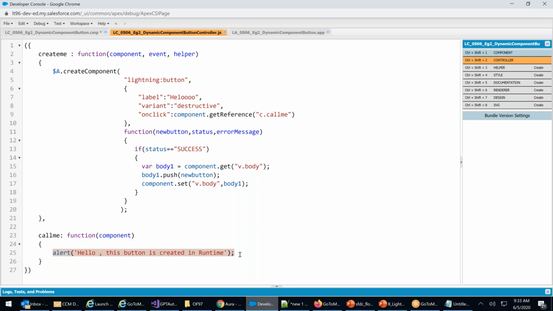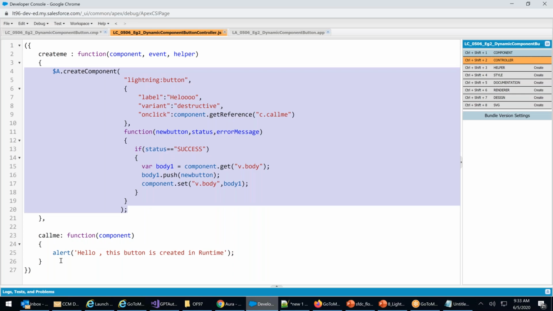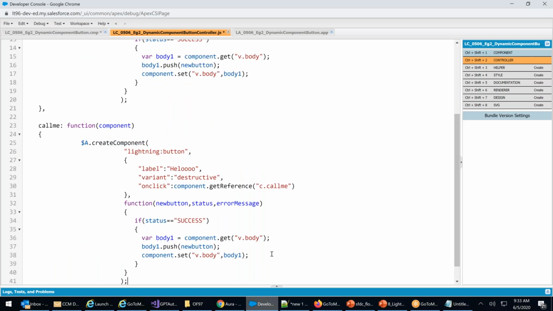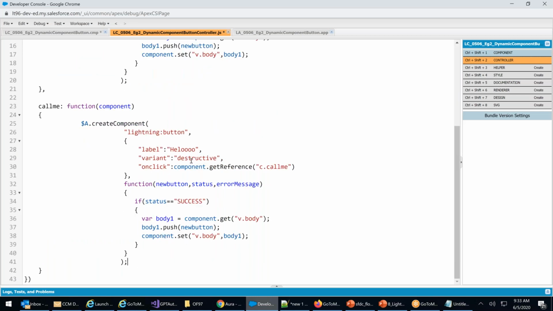Anything else, guys? Sir, the hello button created another button, right? The same way, the hello button can create one more button. Yes. One more button. Obviously, the whole thing, Control C, Control V. This can be called inside another. Now what will happen? Because the same body will change. That is what we will discuss tomorrow.